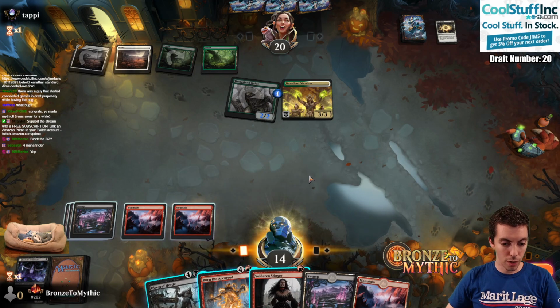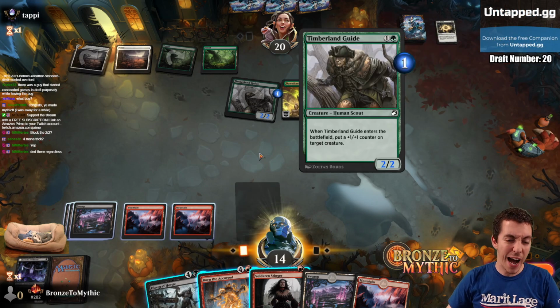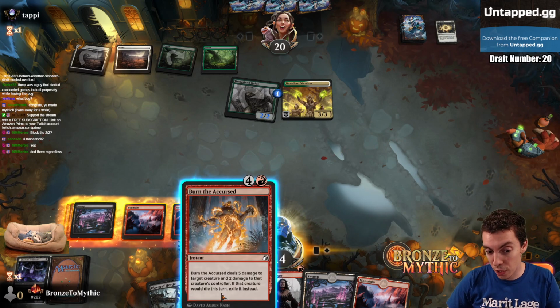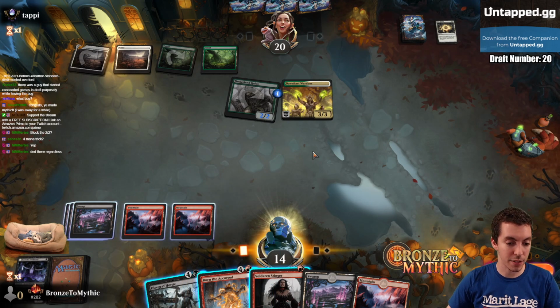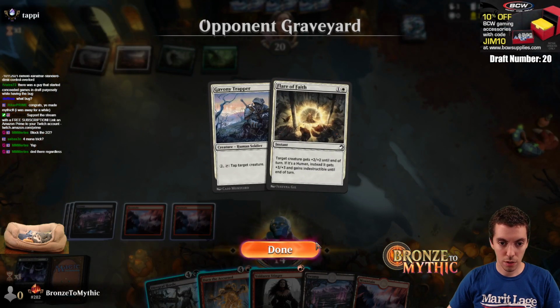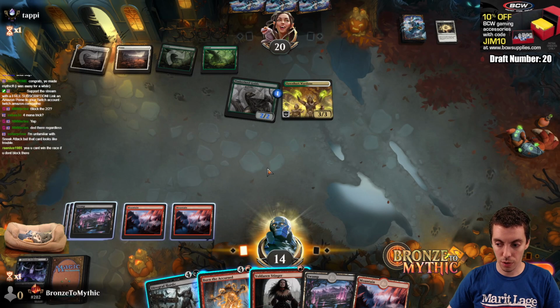Alright, so and now we can play Horde or Burn the Accursed. Like, the problem is if I don't block there, I take 5. And then what? Do I block next turn? Can I leave a blocker back? Do I leave Burn the Accursed up? Like, it's just like a really, really bad spot. So, we have Stinger and Burn the Accursed. I don't really want to burn the Wardens, so...